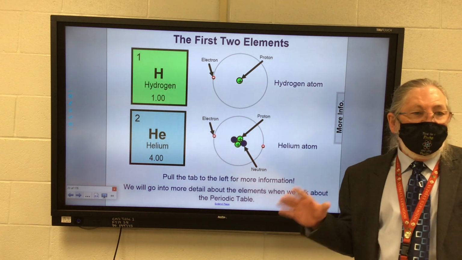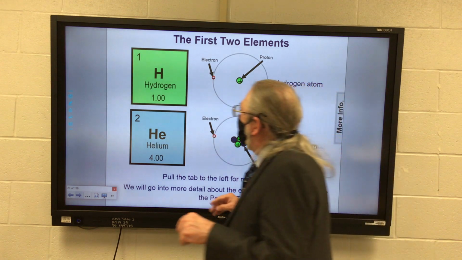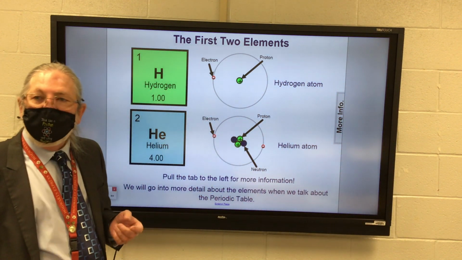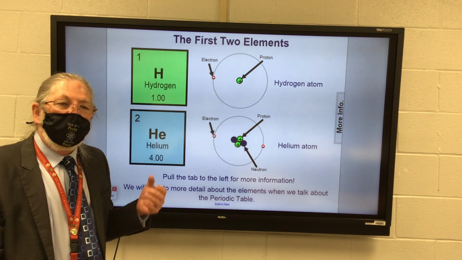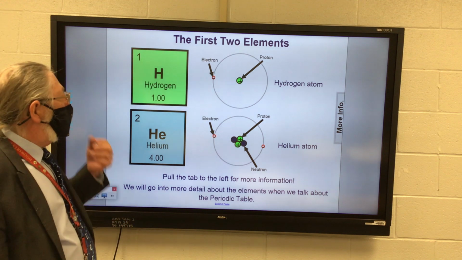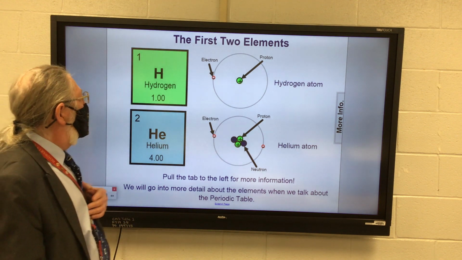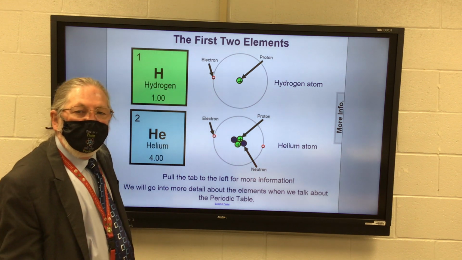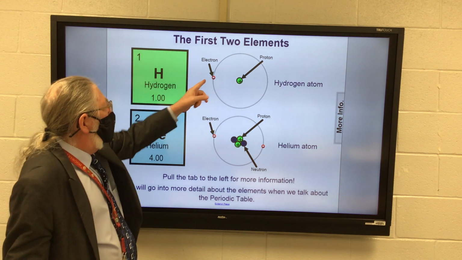Okay, there's something very important I want you to see here. Look here, I want you to see this. You remember we said hydrogen and helium were the first two atoms that were created with the Big Bang, right? Well, hydrogen was actually the very first one. And look what hydrogen has. It has one proton. Hydrogen has one proton and one electron.